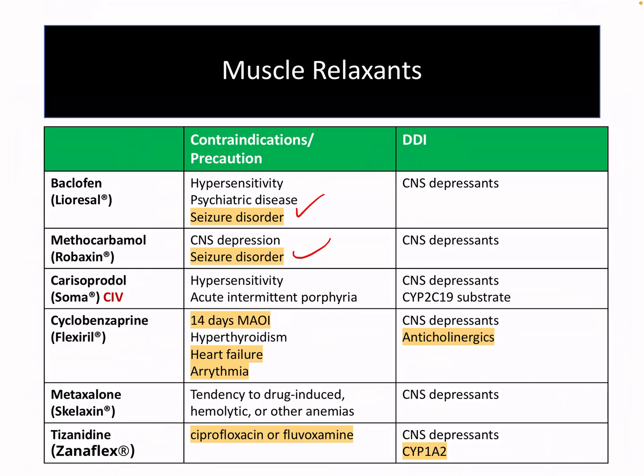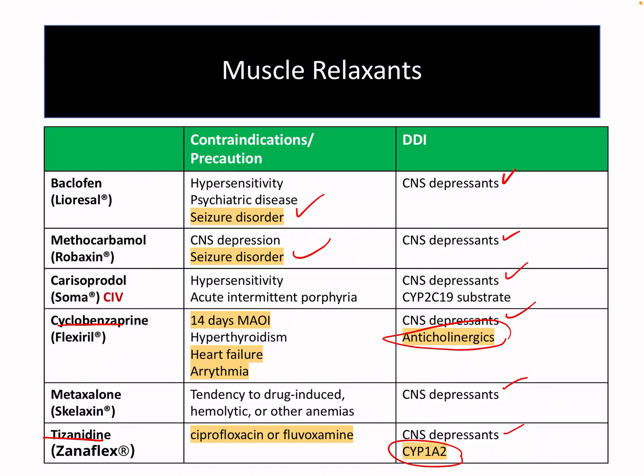And you'll see here that their drug-drug interactions reflect this, with all these having drug interactions associated with CNS depressants. Cyclobenzaprine and tizanidine have additional drug interactions to note, with cyclobenzaprine having additive effects with anticholinergics, and tizanidine having